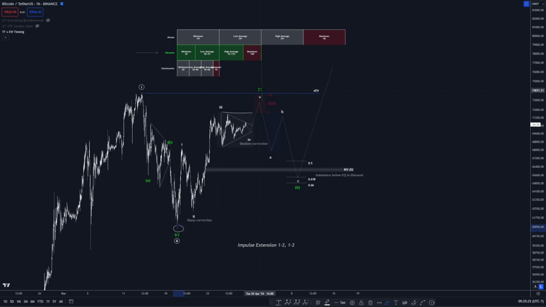And I'm observing this to be a minuet impulse. So for a minuet degree, minimally, we want to see it hit at least 3 days. We're well beyond that. For the lesser average, we want to see it be about 4 days to 7 days. We're well beyond that as well. Now we're getting into the extreme territory zone, where once price goes beyond this maximum expectation for a minuet degree, we may have to look at this and upgrade it to a minute degree. Or it just means that once it reaches this territory, it's about to experience a strong pullback.